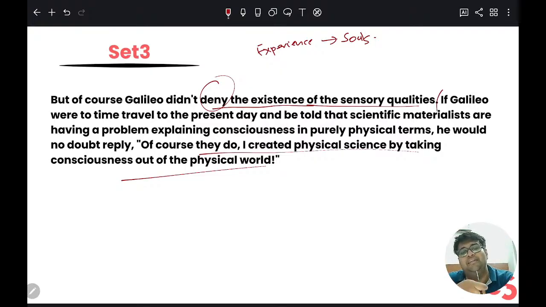Now this is a joke. अभी तो गैलीलियो ने टाइम ट्रैवल कर दिया, and Galileo came back, and then they are saying, अरे हमारा मटेरियलिस्टिक साइंटिफिक है ना, उनको थोड़ा नुकसान हो रहा है क्या? हुआ कि उनको अभी भी कॉन्शियसनेस को फिजिकल टर्म्स में, इक्वेशन टर्म्स में एक्सप्लेन नहीं कर सकते हैं। तो वो बोलेगा कि मैंने फिजिकल वर्ल्ड से कॉन्शियसनेस को बाहर निकालकर ये मैथ फिजिकल साइंस बनाया है यार।